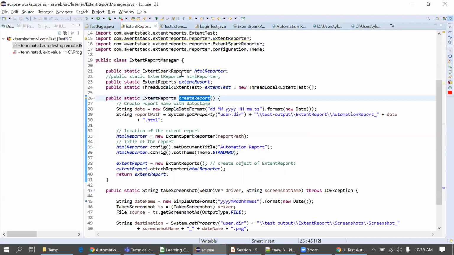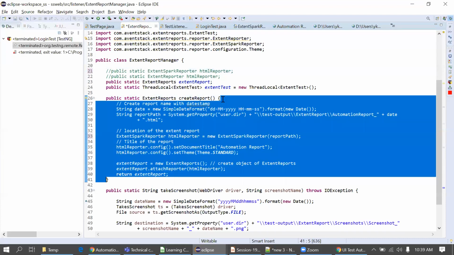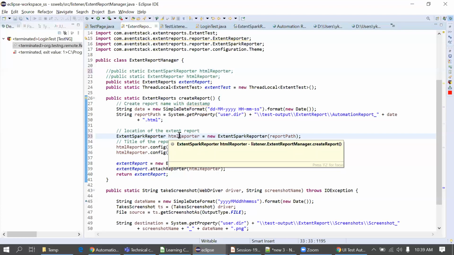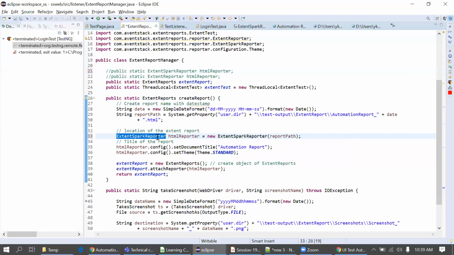Actually, we can create it simply. I'm just commenting this line. Yes sir, it is a method. I can do it this way as well, but it will be local and limited to this method only. But what if I want to use it across all the test cases or across the project? So I'm just making this global. That's why I will not initialize it here. I'm initializing it at the top.